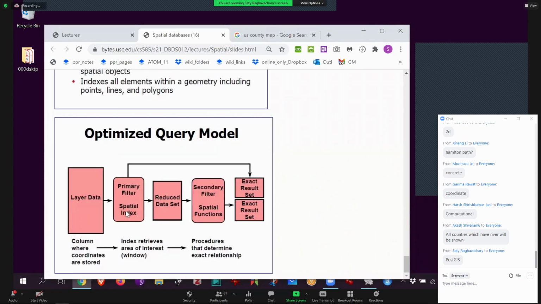In the first level, only R trees are used to eliminate things you don't want to look at. So things that pass the R tree test, there's a smaller series of actual data points. Then you have to do your real test on just a much, much smaller bunch of data points. Then you will get your exact result. If you don't do this, you're spending so much time on your entire raw data, okay? So the rectangles help you throw so much data away because it's easy to do rectangle calculation.